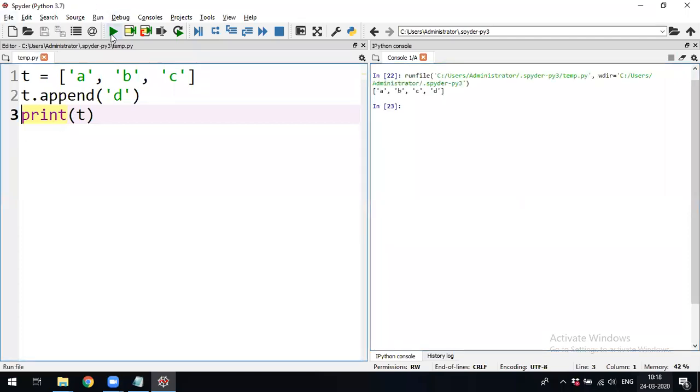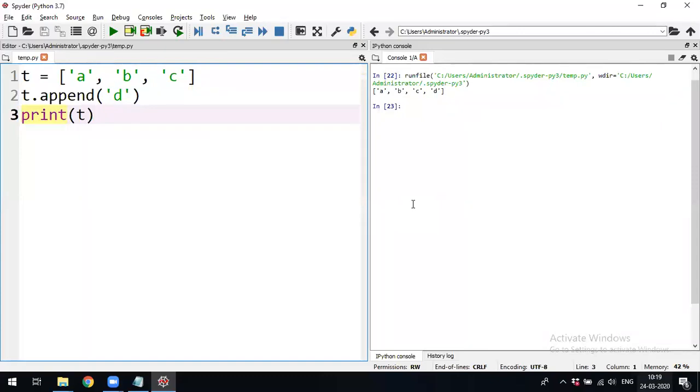See the output. A, B, C, D. D, the fourth element, has been added at the end, not at a specific position.